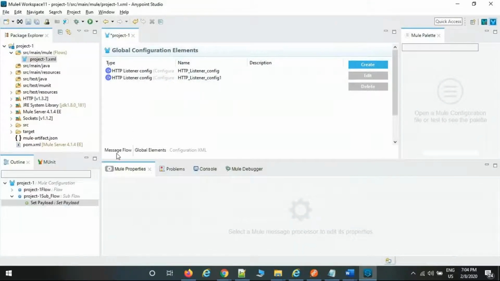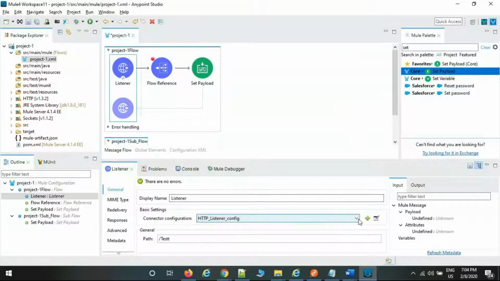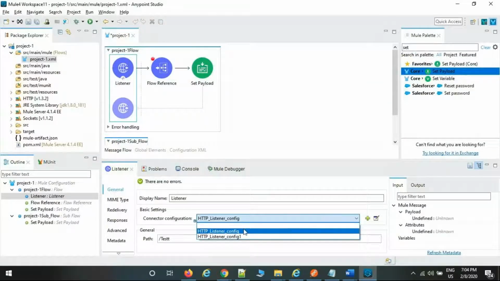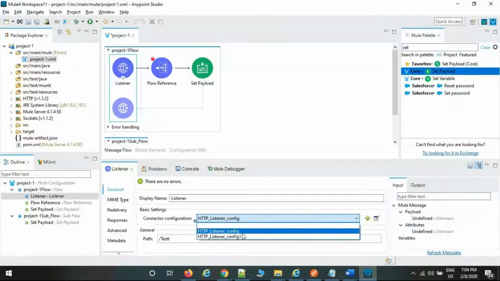See, now I can go back and verify the connection is available here also. Drop down, there are 2 connections. Currently 2 connections are available, and I don't want to continue with 2 connections. I want to continue with only one connection. Then there is no delete option.